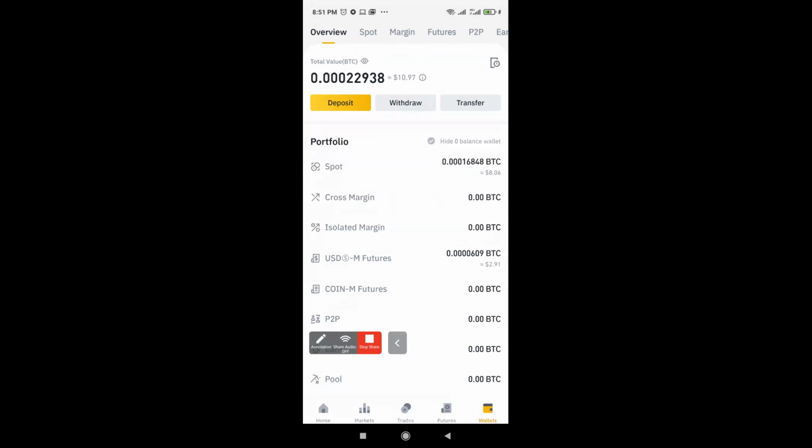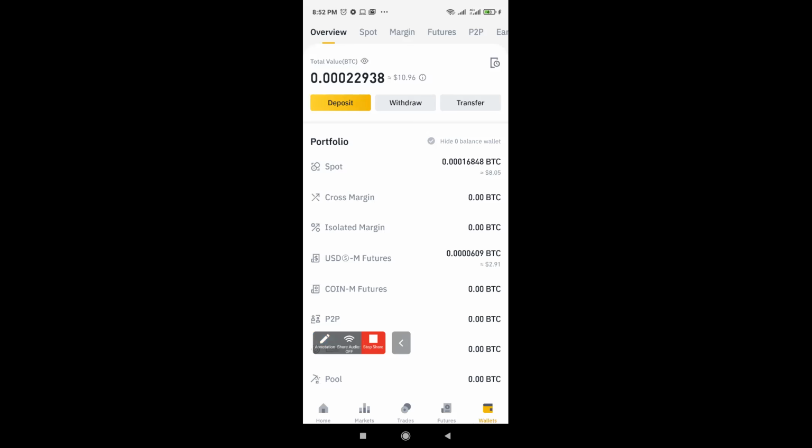So spot trading, as you can see over here, has its own wallet. So when I click on overview, it is showing me how much I have. And you can see my total amount here. I have only $10.96. I think I lost about $10 today trying to trade, which I shouldn't have, because the market is dipping and it's not advisable to trade. So I have about $10 currently within my wallet. And this is the value. I always show you the value of that in Bitcoin. This is the value of my $10 in Bitcoin. But this is the actual amount I have in dollars.